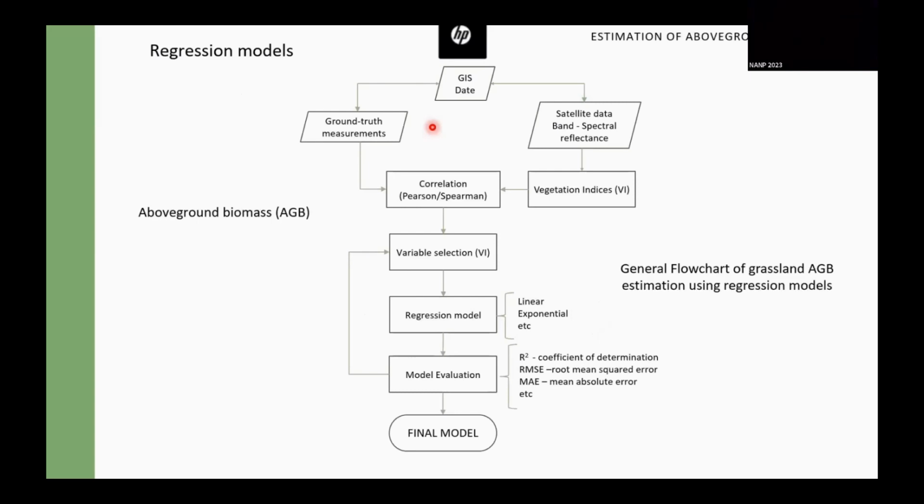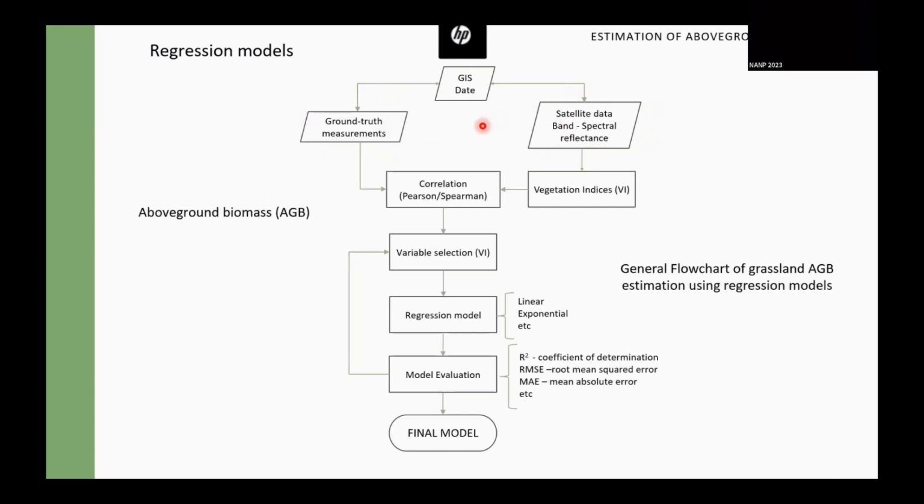Just to have a general idea, this is the simplest flow chart to exemplify how our regression models can be built. The first point is we need those models. Usually you need a ground truth measurement to validate these models. Those ground truth measurements are connected with the satellite data